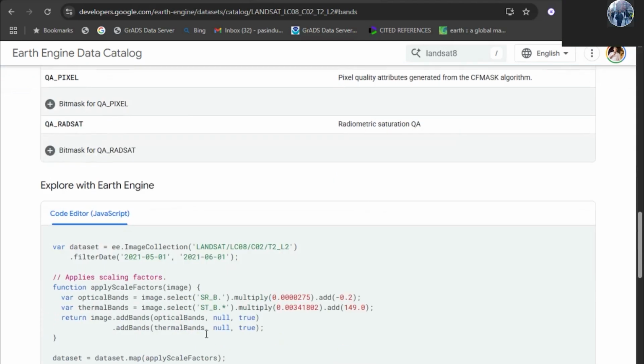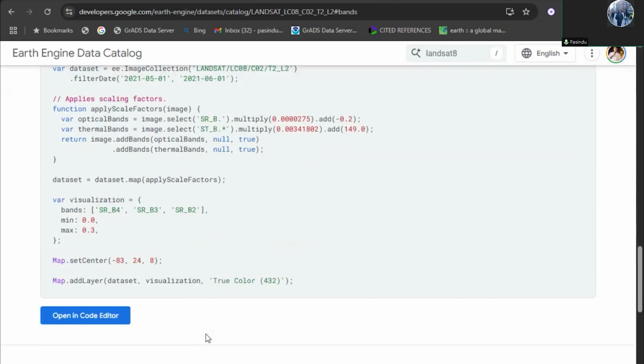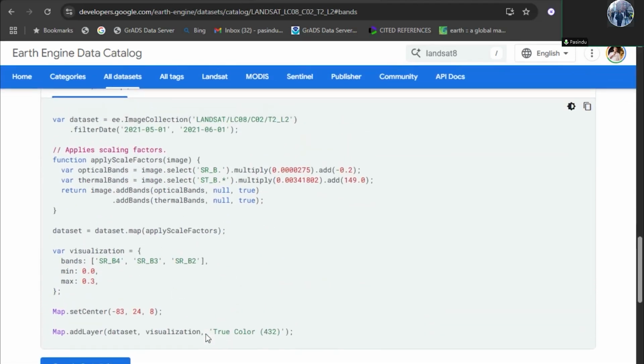So you can familiarize yourself with all the things. And in here, if you go down to all the data categories, Google Earth Engine itself has provided its own code. So you don't need to, again, that's why I told you,